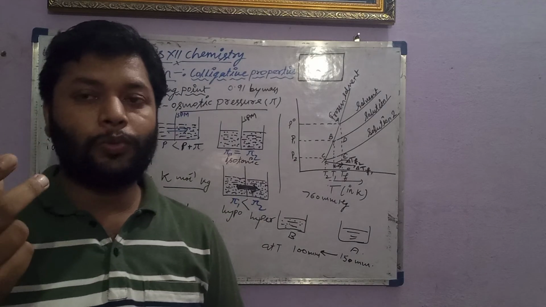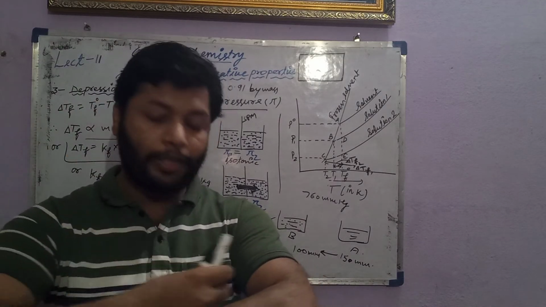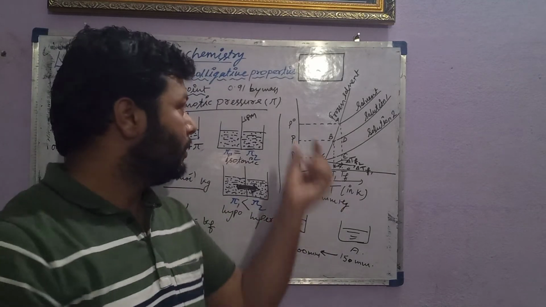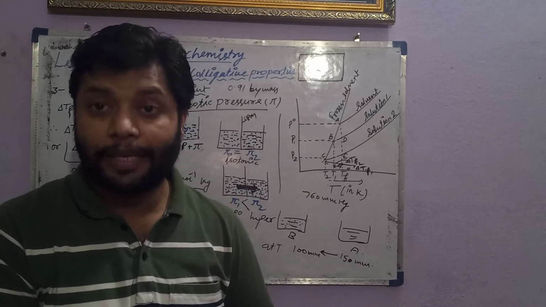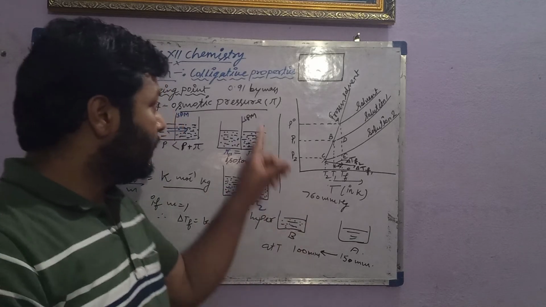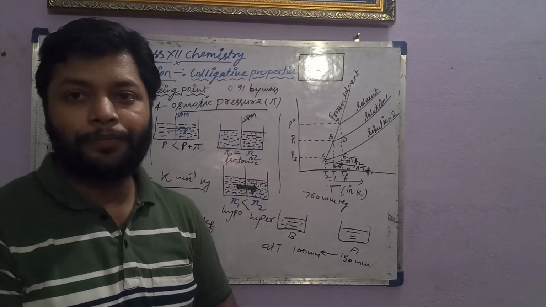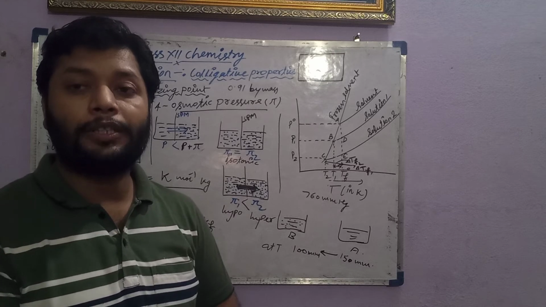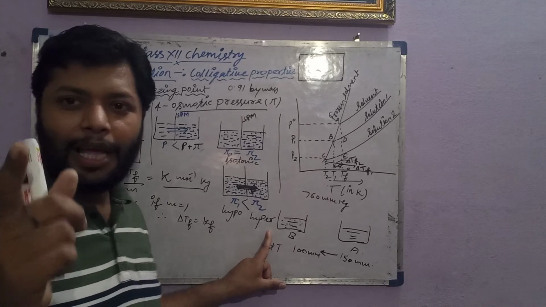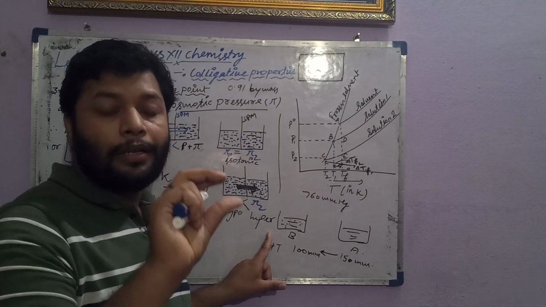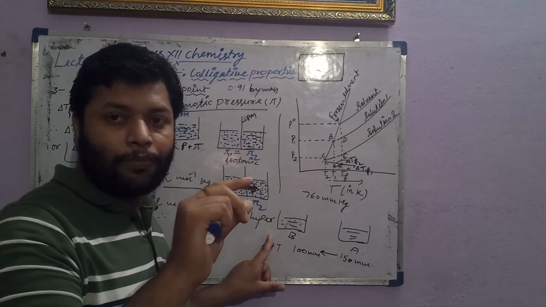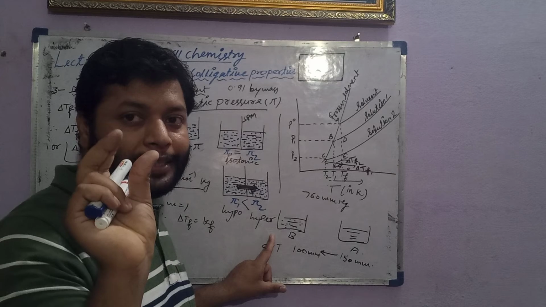Whenever we take a syringe intravenously, meaning through the blood, the 0.91 concentration can be injected. That is called isotonic with the blood cells. But if the concentration is greater than 0.91, that is called hypertonic. So the blood cell will be at a lower concentration. Water always flows from lower to higher concentration, so the blood cell will shrink.